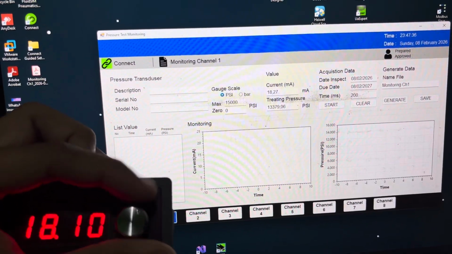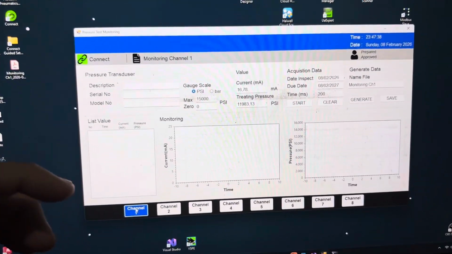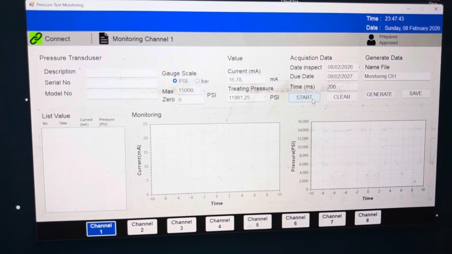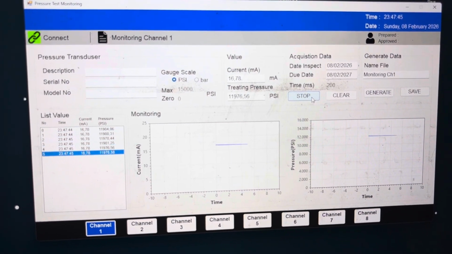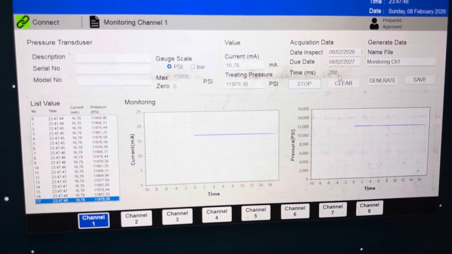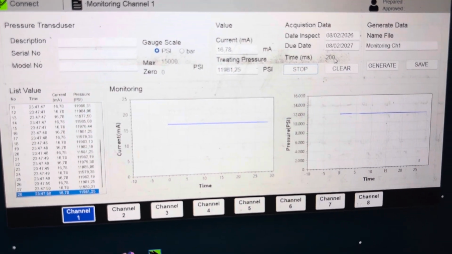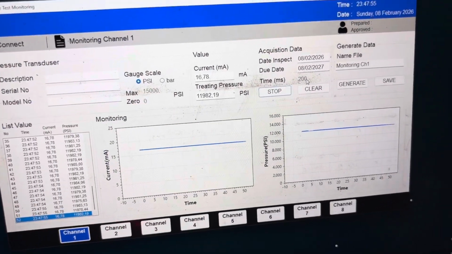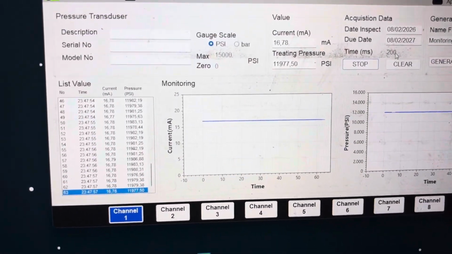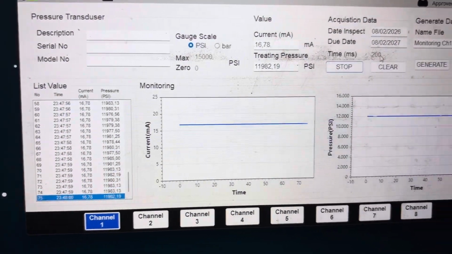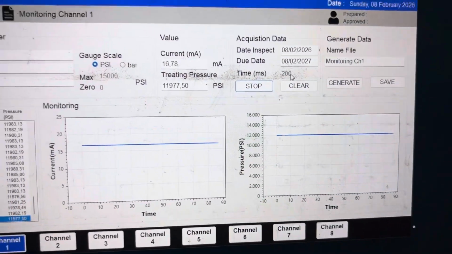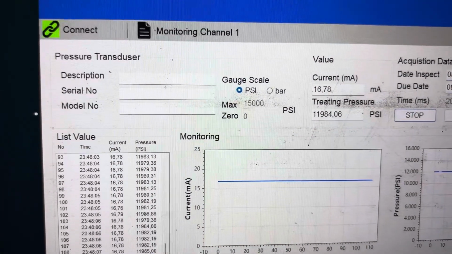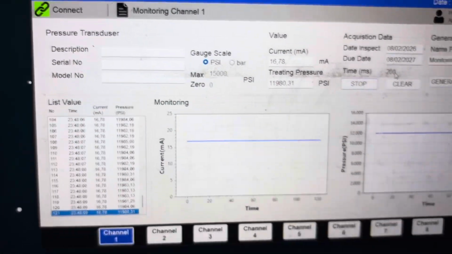For the acquisition of data, we can click the start button just like this. So the data acquisition is at 200 milliseconds, the data is generated, and this is a chart of the current, converted from 4 to 20 milliamp with the maximum and zero actual.